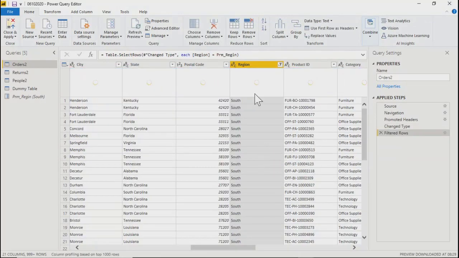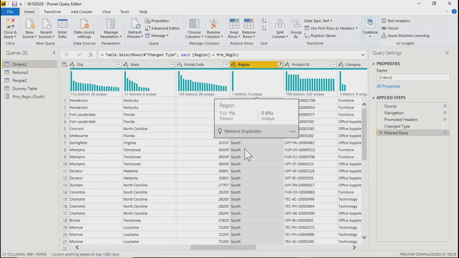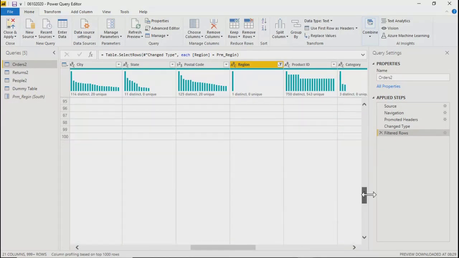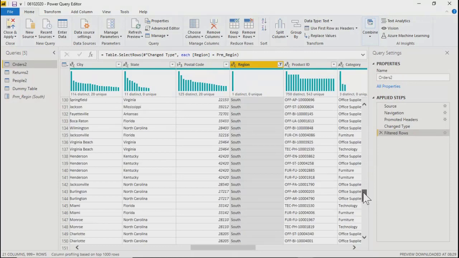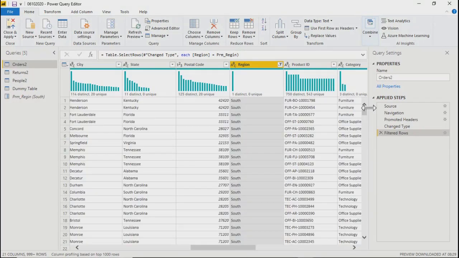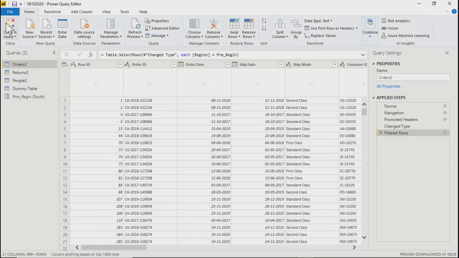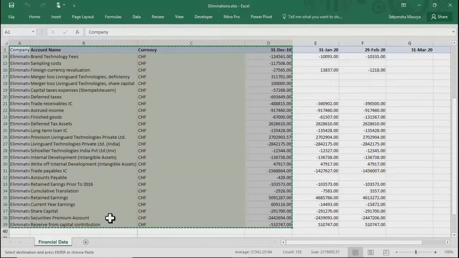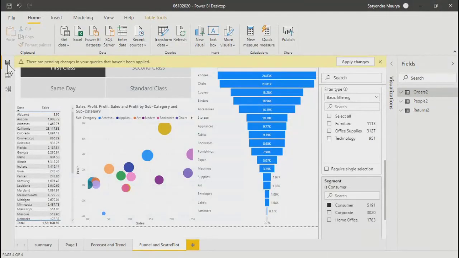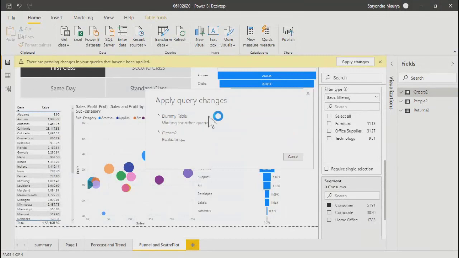On this region field, the default value, I think, was south. So the default filter which has worked is related to the south value. Only the south data is selected. Now if you go to your visual, let's say close and apply, everything will be shown only for the south region.